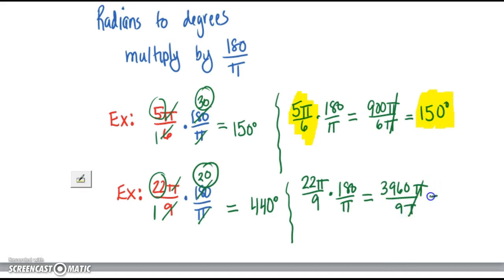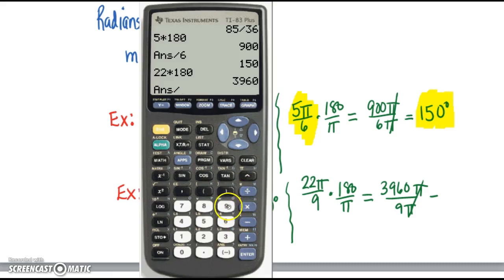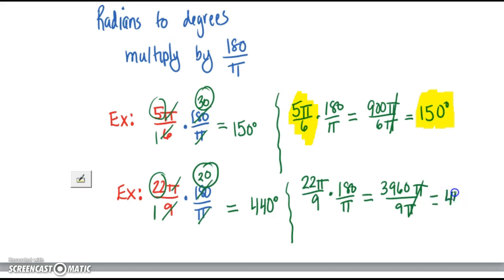The pi's cancel, and you can divide on your calculators 3,960 divided by 9, and you get 440 degrees. That's standard 1.5, converting angles from radians to degrees and from degrees